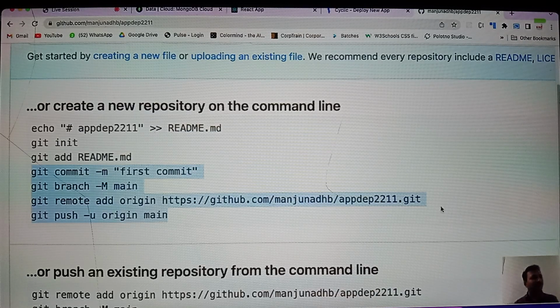I can use one after the other, or if I copy paste, everything will be done automatically. First is committing it, then changing the name to main from master. Then we are specifying the remote repository URL, then we are pushing. So I'll just copy this,